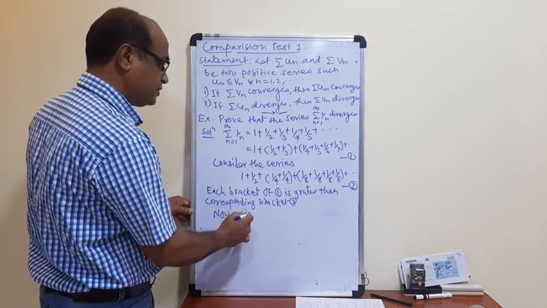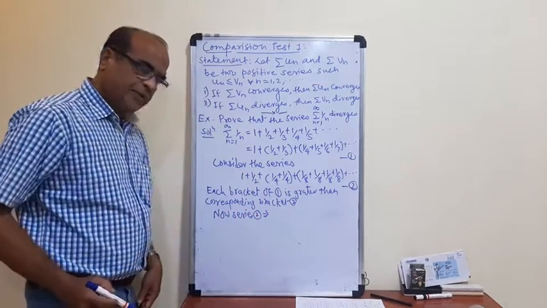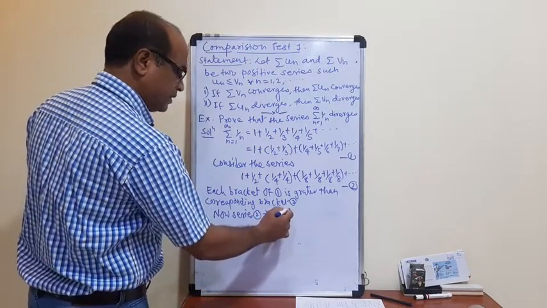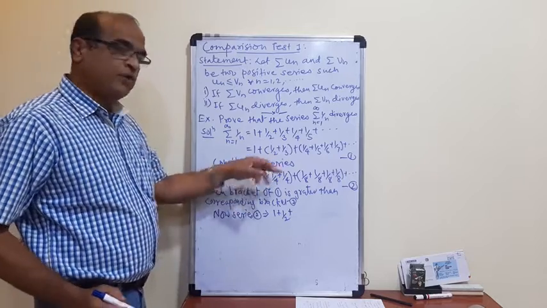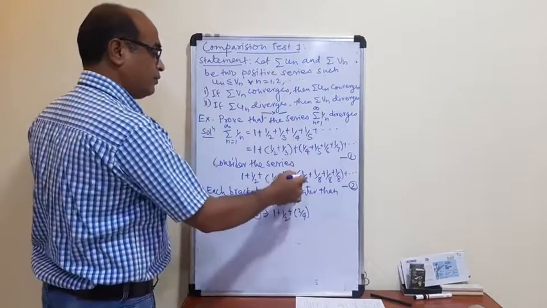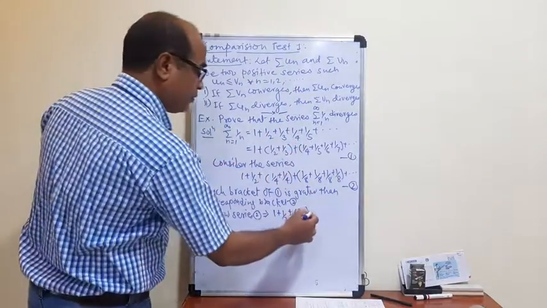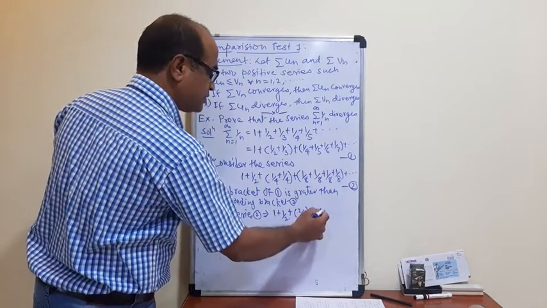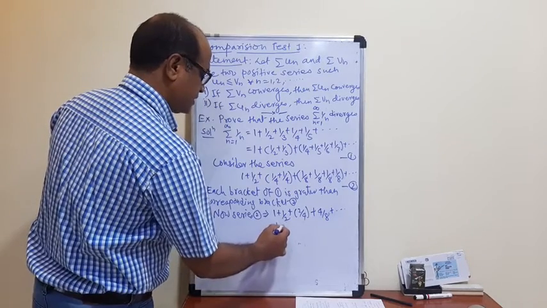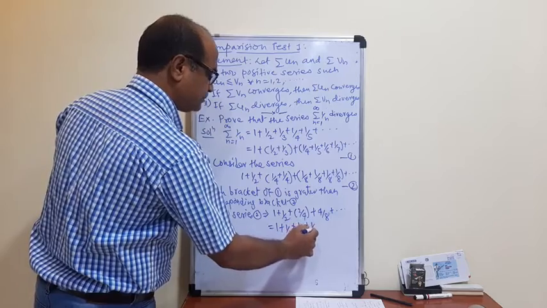Series 2. So what is series 2? It implies that, so what happened here? 1 plus 1 half plus 1 by 4, 1 by 4, so that is 2 by 4. Then 1 by 8, 1 by 8, 1 by 8, 1 by 8, so 4 times 1 by 8, that is 4 by 8, plus and so on. So this is equal to 1 plus 1 half plus 1 half plus 1 half plus